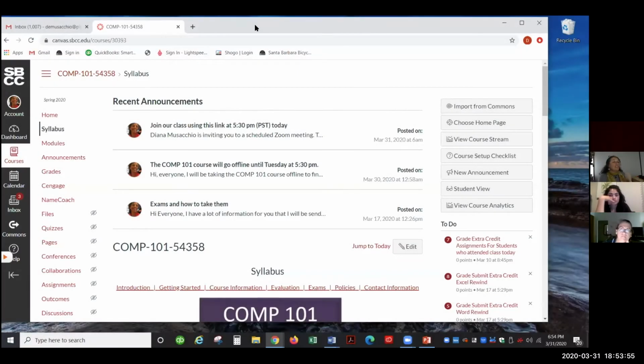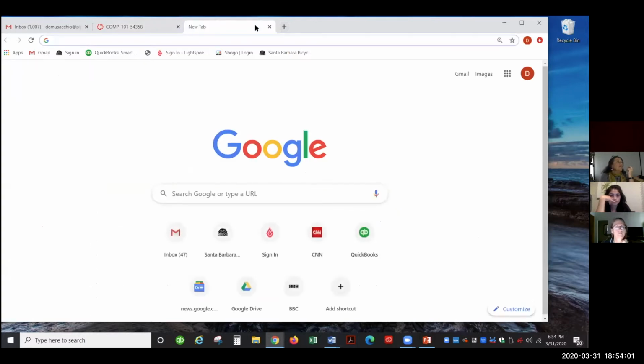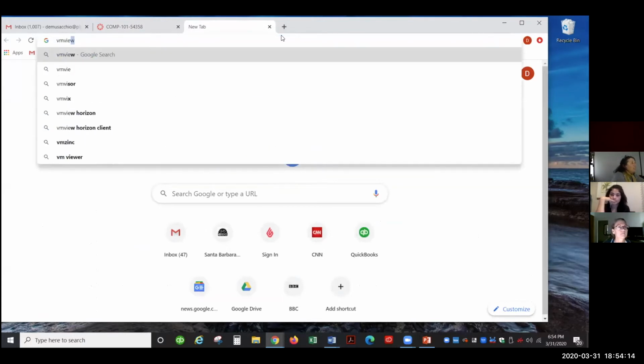Okay, so I'm going to create a new tab. And over here, what we're going to do is we're going to type VM view. So VM, oh, I've got the wrong key. I have 3 keyboards in front of me. VM view, okay, VM view